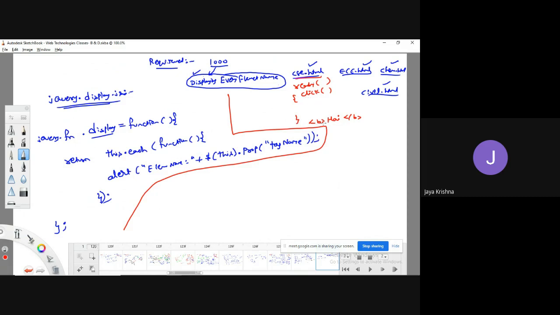I would like to display the corresponding tag name. So you have to access the corresponding tag name, and to display it, you have to invoke this plugin.